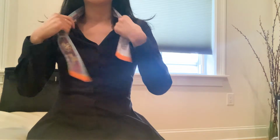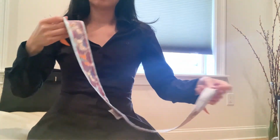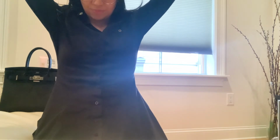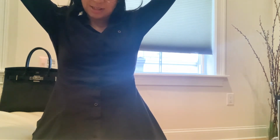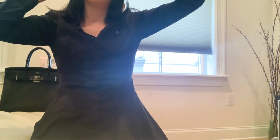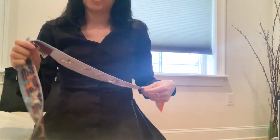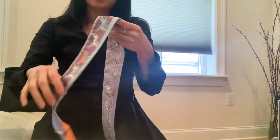But because the length of this is really limited, other than putting it around my neck, it doesn't really go across my head as a bandana. Oh yes, it does. It actually can go, but then I don't get the ends kind of coming down from the side like I would for the maxi Twilly, so it's not quite as nice. And